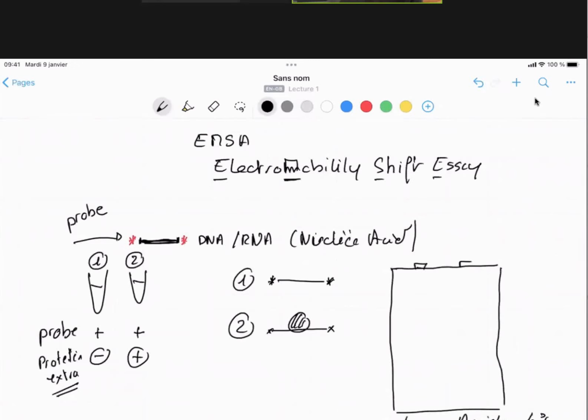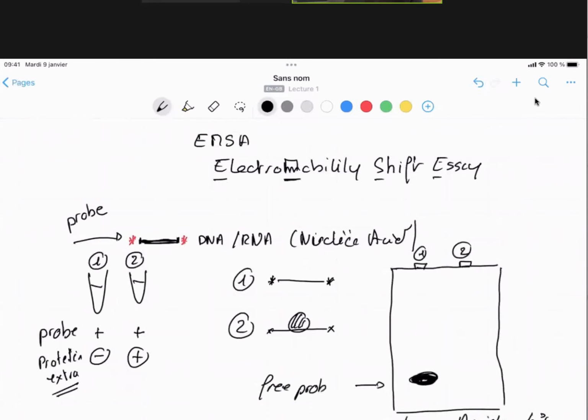You put the two samples on the top, and what is going to happen? So we put the electricity. If we put sample number 1 and sample number 2 in those two things, so first tube, you only have the probe, which is double. The DNA fragment will migrate, and because it's radioactive, if you do an autoradiography, you will see a big dark spot,